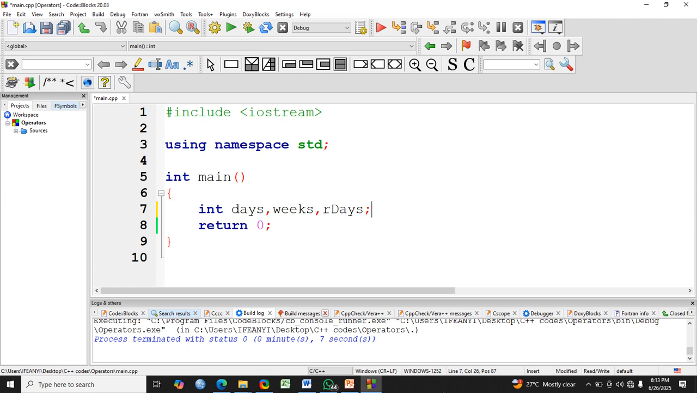So if I give you 18 days, you should be able to tell me that 18 days is 2 weeks and 4 days. So how do we do such a program? We are going to see how we filter the week part of this program and the days part of the program. So to do that, I'll say weeks is equal to,